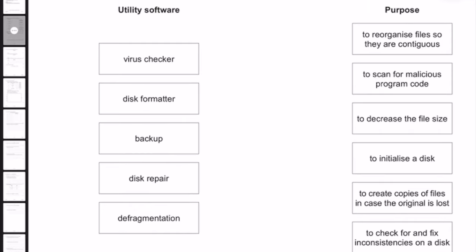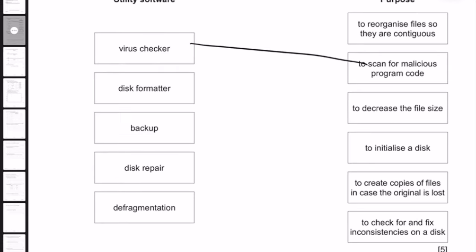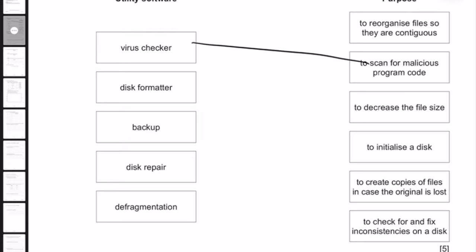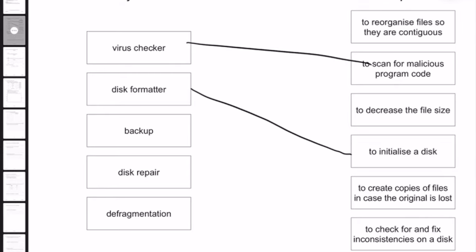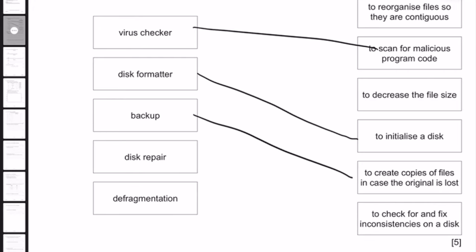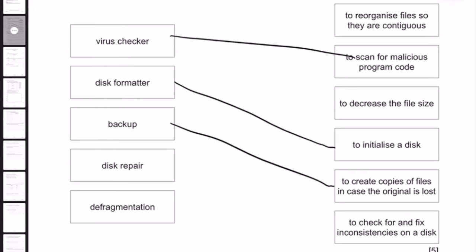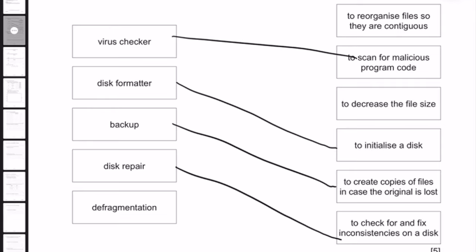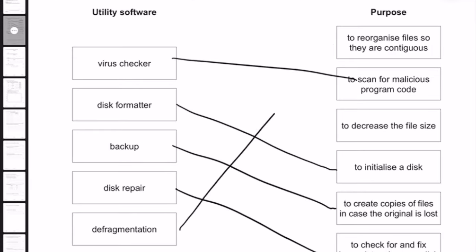Okay, first one, a virus checker. This one is pretty simple. We just have to find the appropriate purpose and match it to that. So this is used to scan malicious program code, obviously. A disk formatter will initialize a disk. Backup can create copies in case original is lost. There we go. Disk repair, it fixes inconsistencies in a disk, and defragmentation, it does not decrease file size. Okay, it reorganizes files so they are